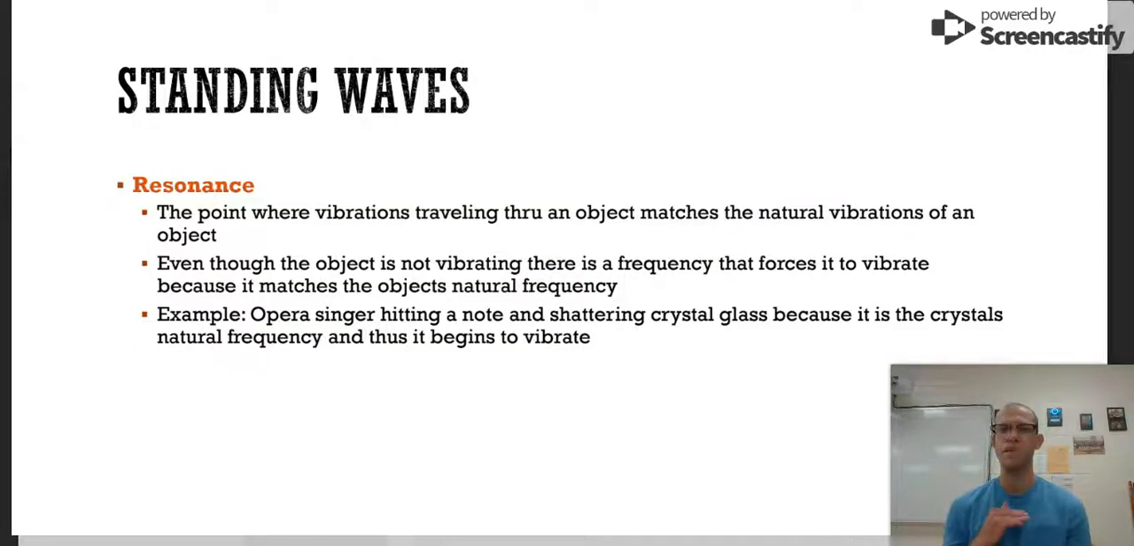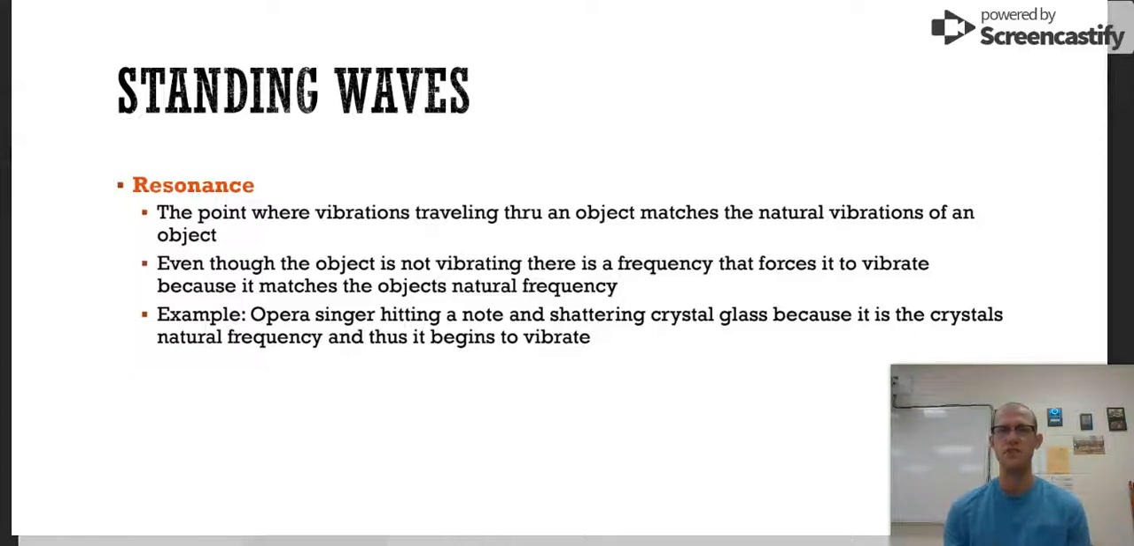Lastly, I want to just speak briefly on resonance. Resonance is the point where the vibrations through an object match the natural vibrations of that object. Okay, things, materials, substances have a certain natural vibration, a frequency that they attune to. So even though the object may not be vibrating, there's a frequency that forces it to vibrate because it matches